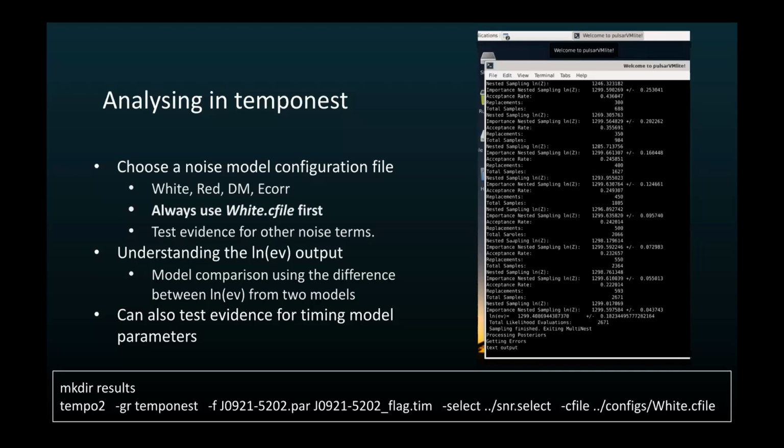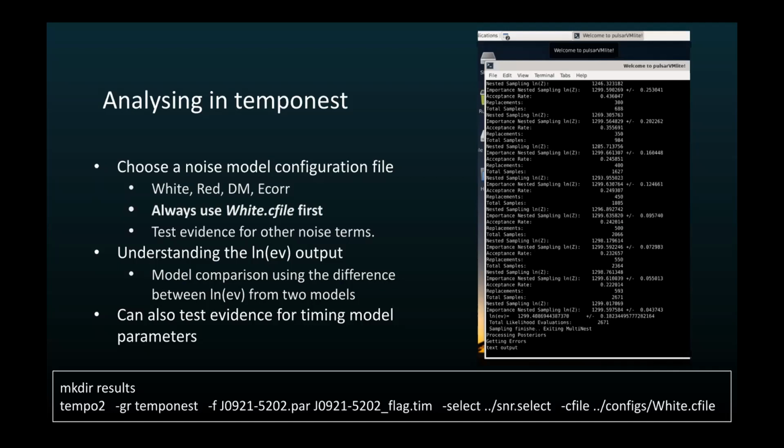So for example, this says total samples. At this print statement, it had taken just over 2,000 samples, and then it prints again once it's taken 2,360 samples. Okay, but eventually when it finishes, this is the message that you'll be left with. And the important number that you need to note is this ln_ev, which is the natural log of the evidence. So this number, 1299 point whatever and some small uncertainty, is the evidence for this noise model that you